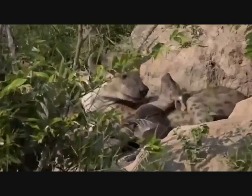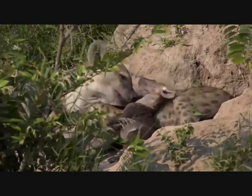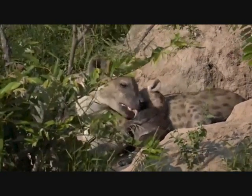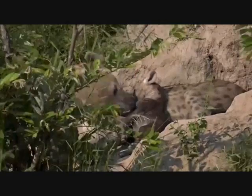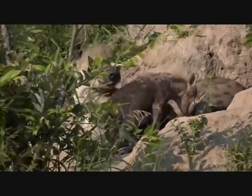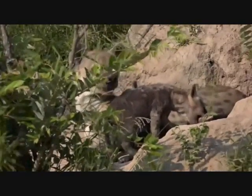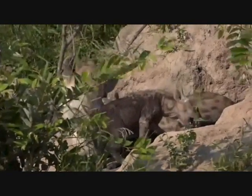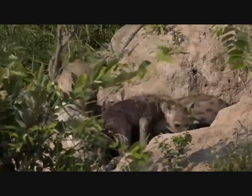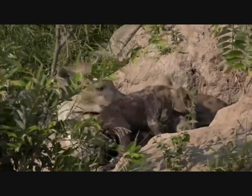Alrighty, why don't we send you back over to James and those hyenas who are apparently having a bath. I'm not sure you'd describe that as a bath, but yes, they're certainly having a bit of a wash, thankfully. Hyenas can tend to smelliness, and so it's always a good idea to have a little bit of a wash. And I must tell you that a hyena den site is often quite smelly,